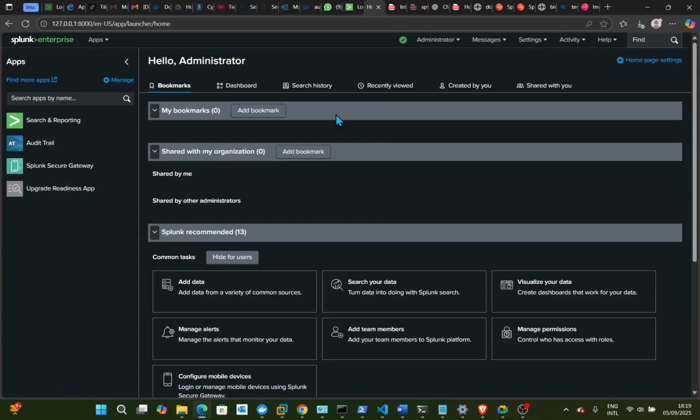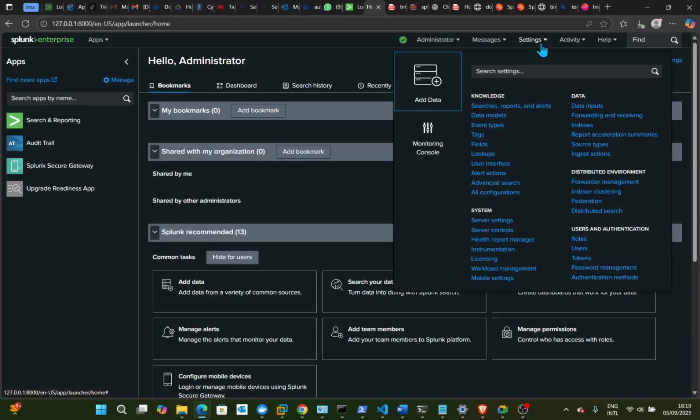It will take you to this interface, this GUI. Okay. So being the first time trying to log into Splunk, you are going to make sure that the indexer is actually receiving the data. So you have to come to settings. You click on,